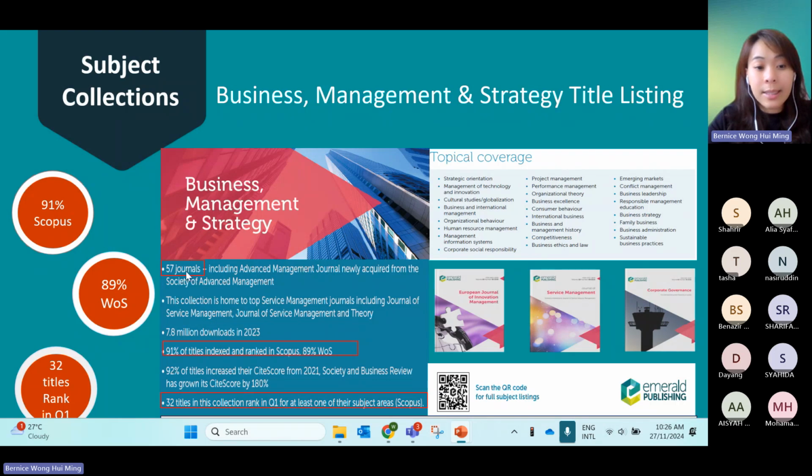Just now in the previous slide, you saw 56 journals in total, because recently we acquired one new journal, Advanced Management Journal, newly acquired from the Society of Advanced Management. So it becomes 57 journals. 89% in WOS, 32 titles ranked in Q1. So when authors have this kind of information, they will have more confidence to publish with us, as it will meet the requirement they want to publish in Q1 or Q2 papers to get their KPI.